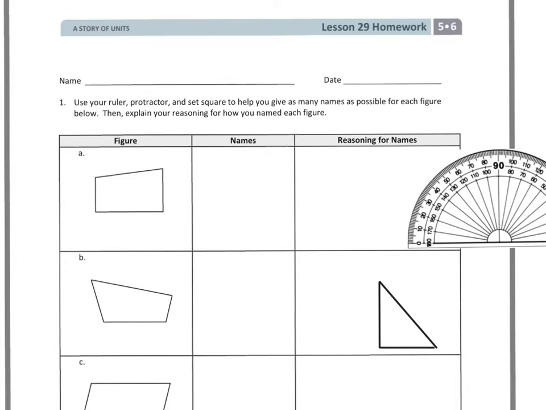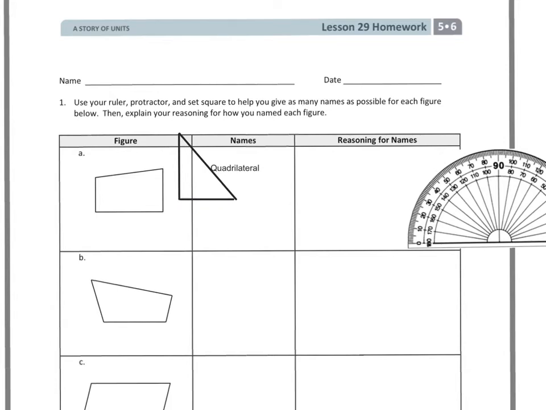For the first figure here for A, I know that it has 4 sides, so immediately I can have quadrilateral added to it. So there it is right there. And then I can check one other thing. It looks like this measurement here or angle and this one are 90s, meaning they look like they're going to be parallel. So I can test that with my